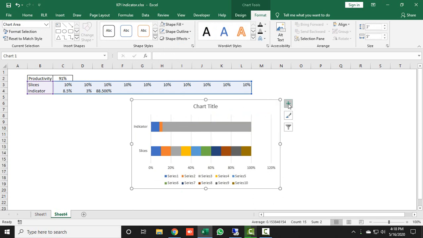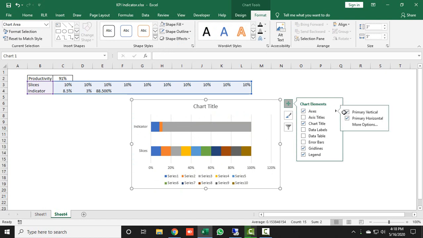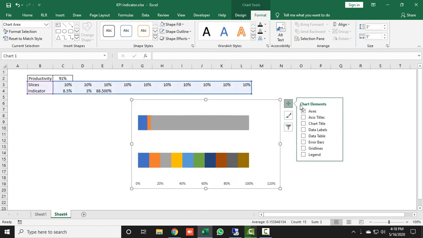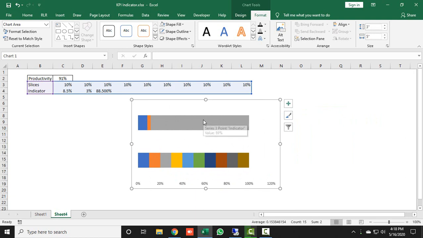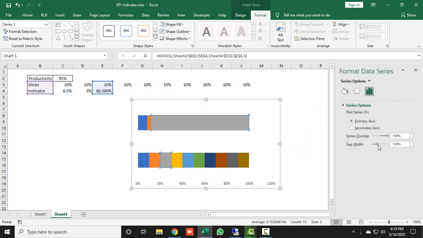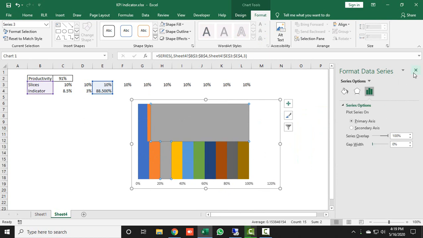Then click on this plus button and remove the axis, but only the vertical axis. Just click on this icon and uncheck primary vertical, and now remove the chart title, grid lines, and also legends. Now right click any bar and go to Format Data Series, and here take the gap width as 0.